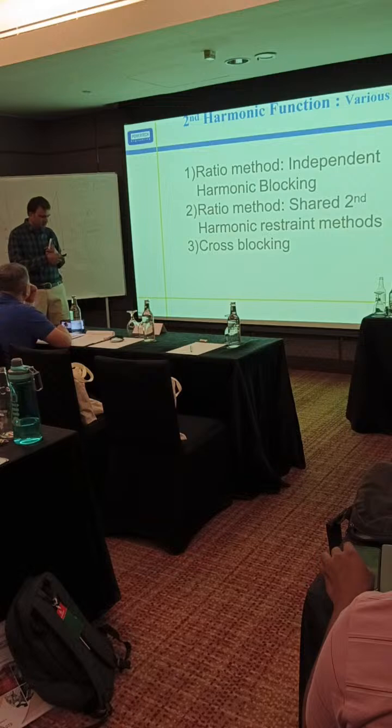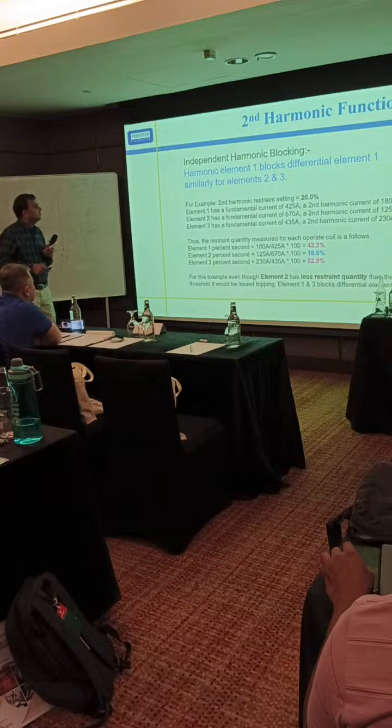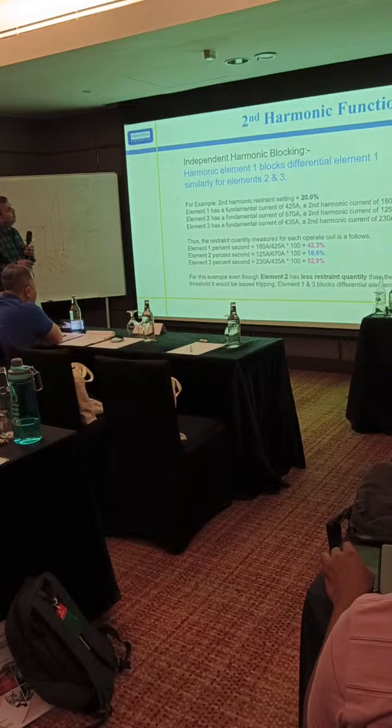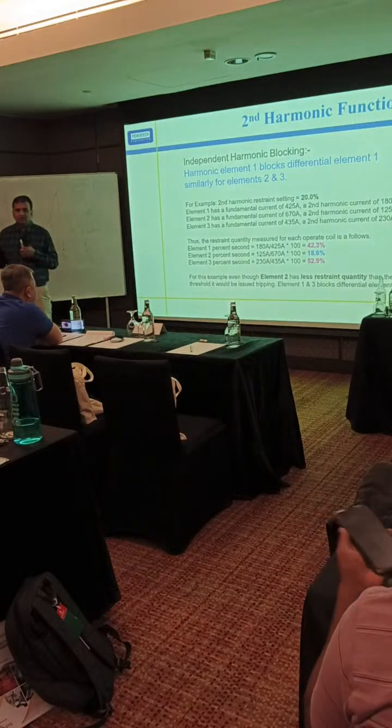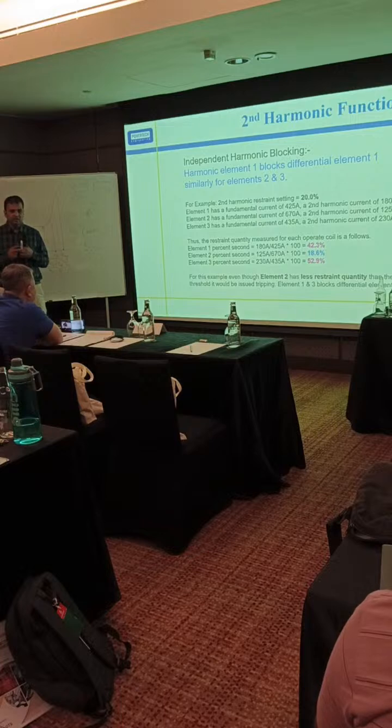Let us understand all these things through some example. So in this case, independent harmonic blocking: each element blocks only that element. If harmonic is present, like if we have